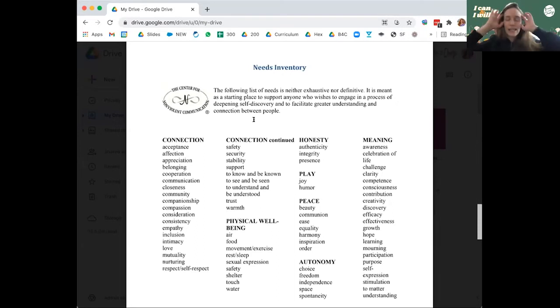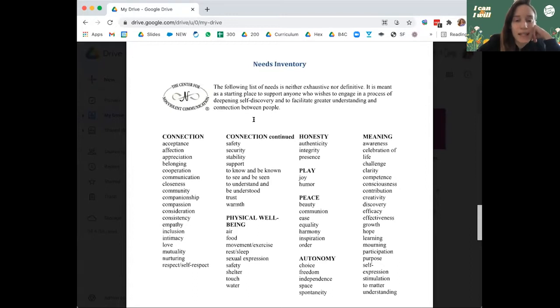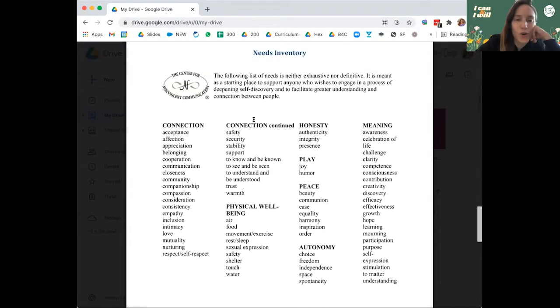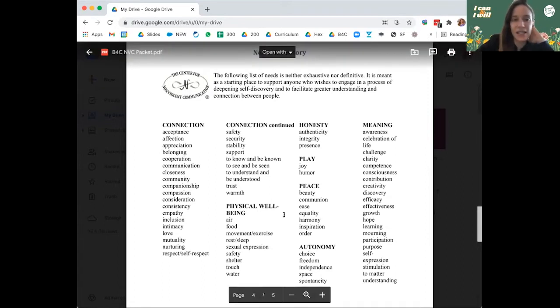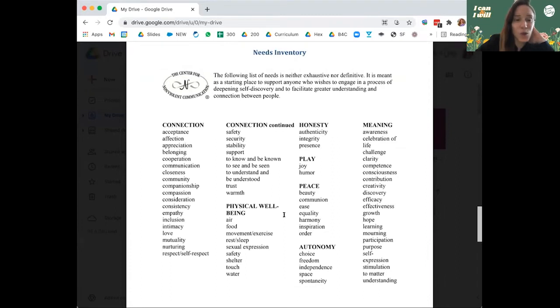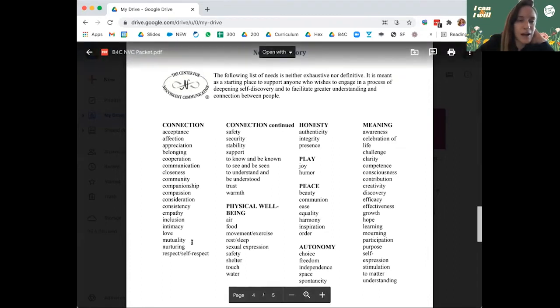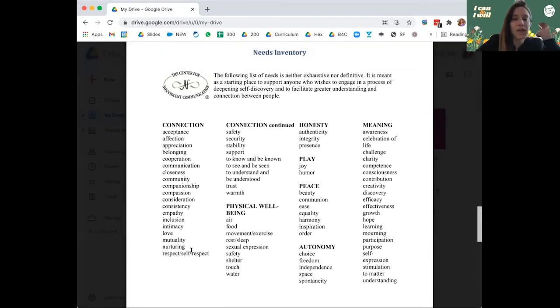So once you've identified the feelings, then you have the needs. It's time to state, well, these are the needs that I had that either were or were not met in this conversation, or in this situation. Just like the feelings inventory, these are in families. And if you're doing nonviolent communication,